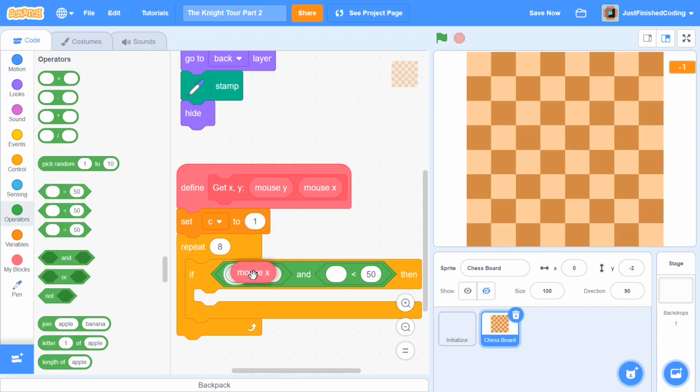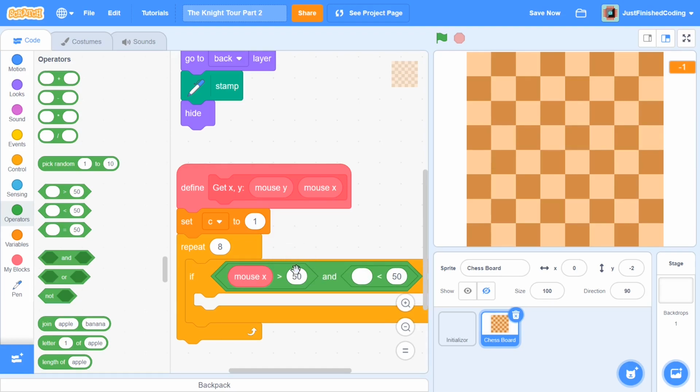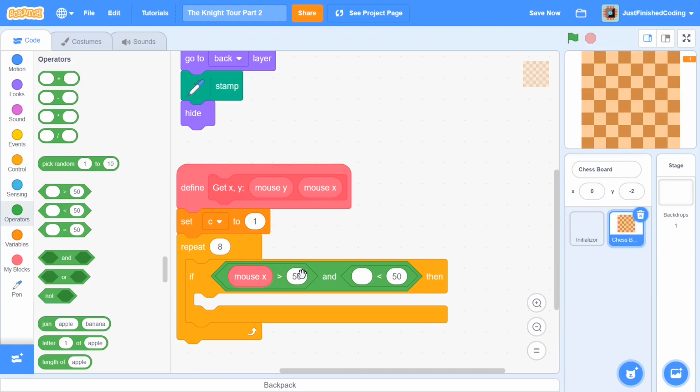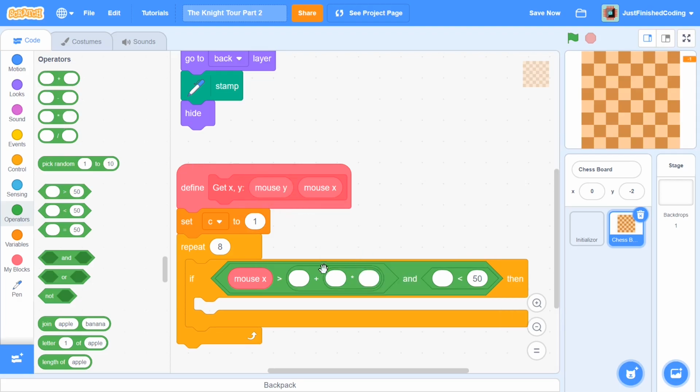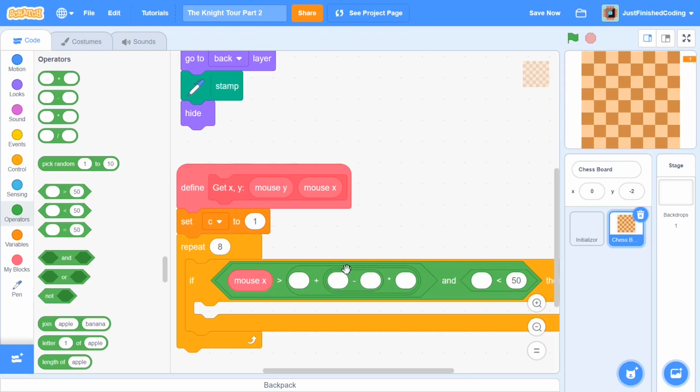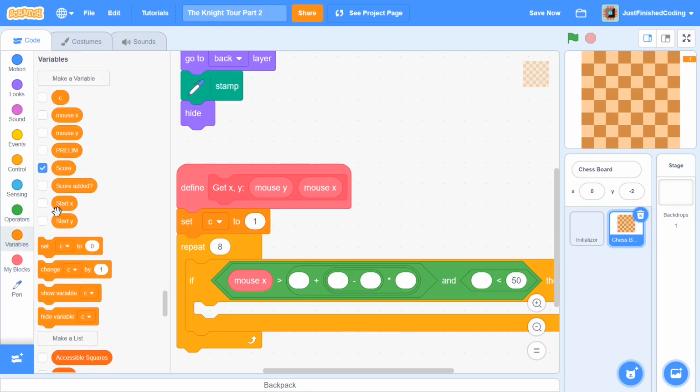And now you want to grab the mouse x value and put it in the first coordinate, and inside your second coordinate, or not this coordinate, in your box, you want to grab first an addition block from operators, and then after that you want to grab a multiplied by block. Okay, so once you grab that multiplied by block, put it in your second one, and now within this, once again you want to grab a minus. So once you're done with that, that's pretty much all you're going to have to set up within the first if then. And right here you're going to have the value of start y.